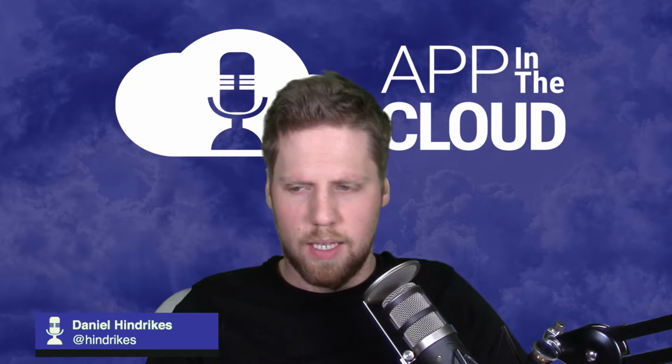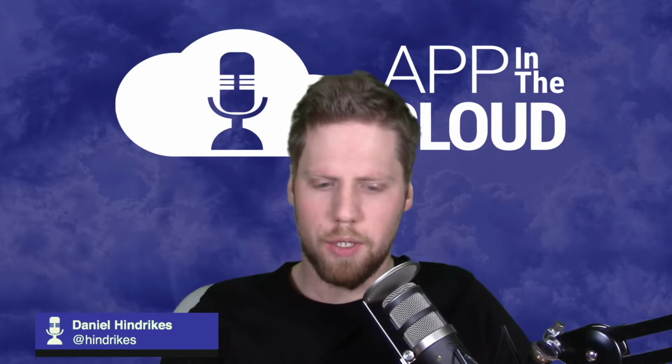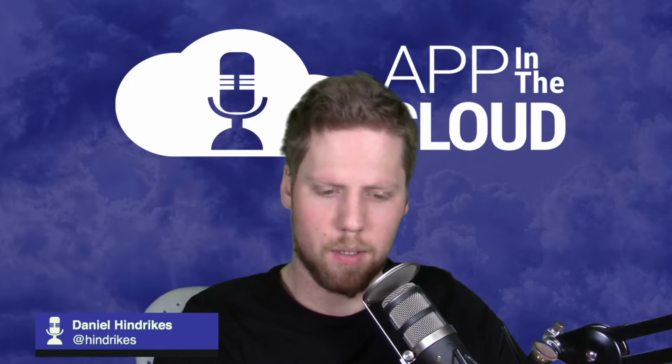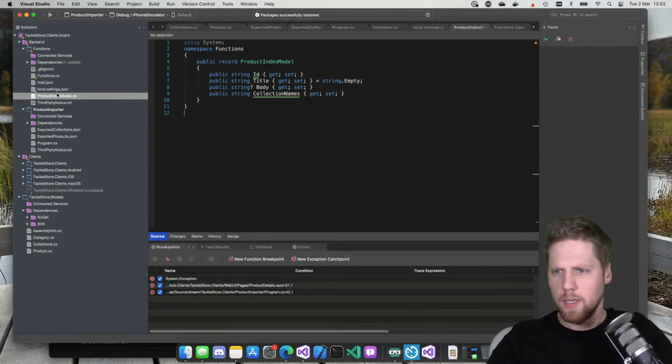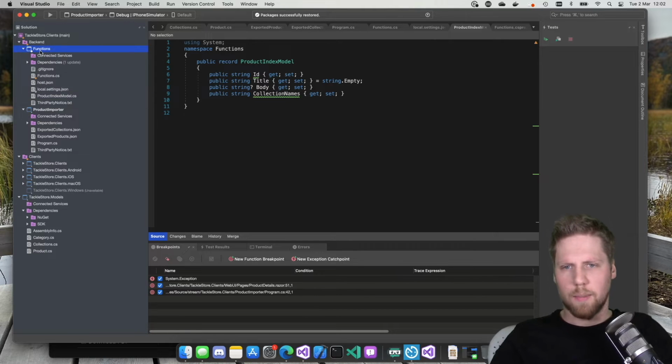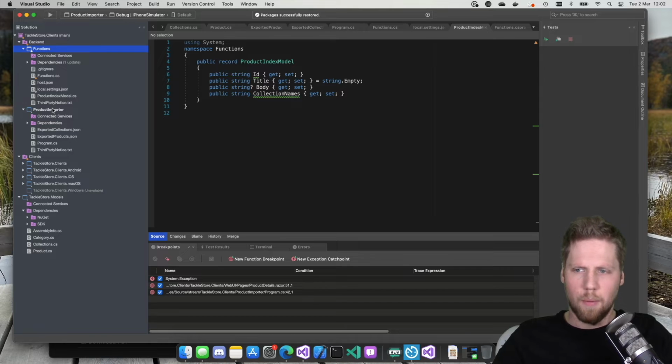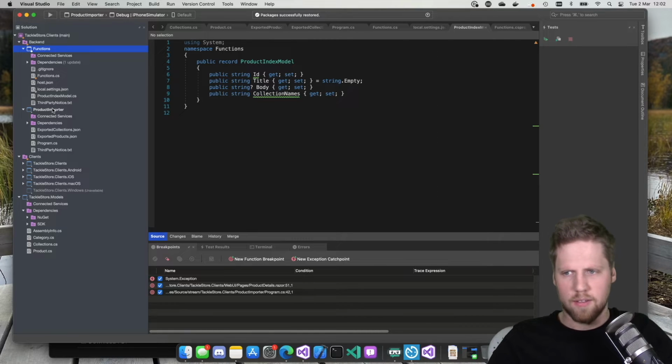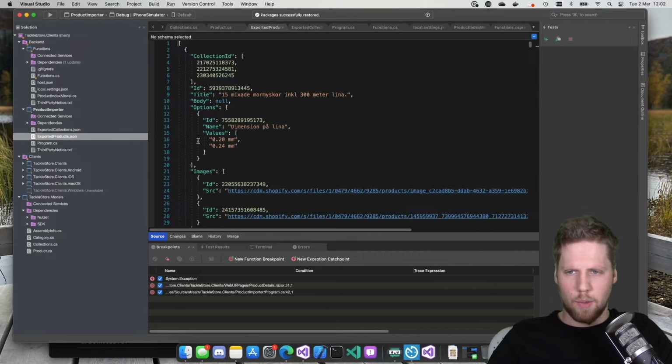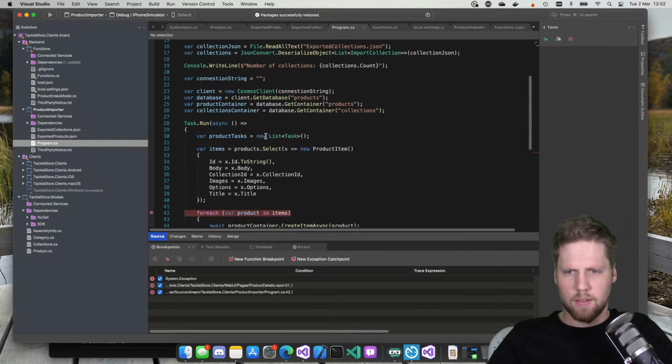So let's dive into Visual Studio to see what we did last time. Here we have my instance of Visual Studio. I set up a functions project. We also have a product importer that we used last time to upload product data from a JSON file that I had on disk. This is just a console app, something we probably should not use ever again. Now that we have the products in the database, we don't have to do that anymore, but this is just some code to upload it to